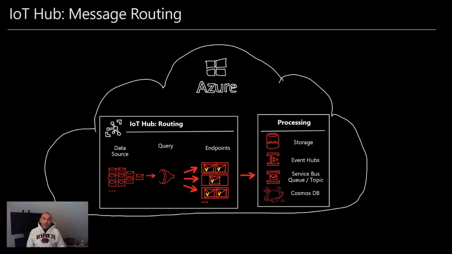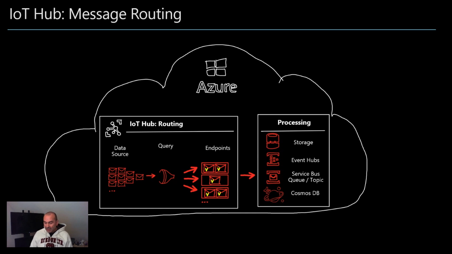That means when you have this multi-tenant IoT Hub, or the IoT Hub used in a multi-tenant application, you might want to route the incoming messages to a different endpoint with higher performance maybe, with more resources associated to it. And IoT Hub can be your friend here. IoT Hub can really help you to look into the message, and we will see this later, and then decide based on the content of the message where this message should be routed to.